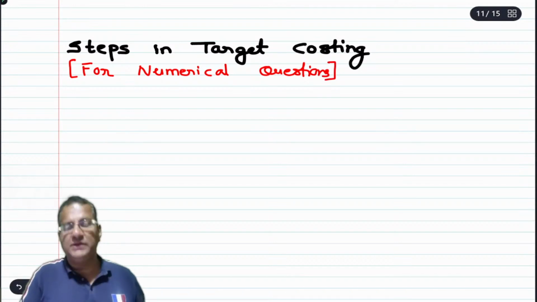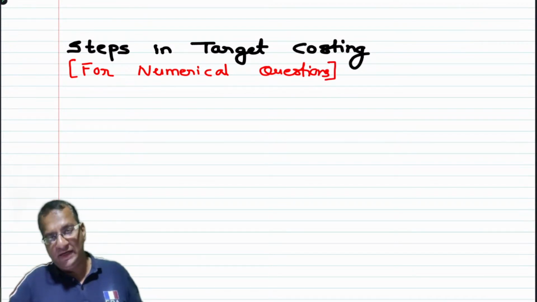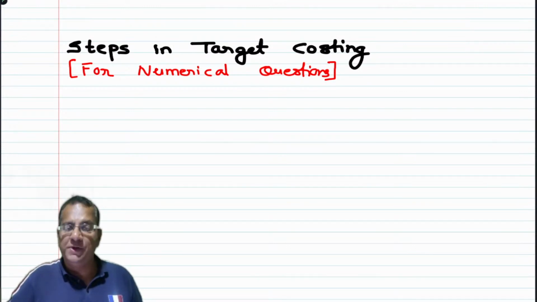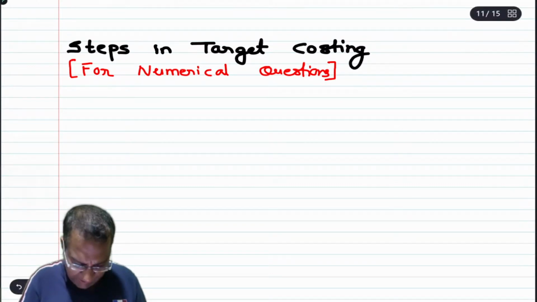Theoretically, the very first step is going to the market, reaching out to the target customer and finding out their requirement. This is the theoretical point, but practically this point is not at all required to solve the numerical question. So we are writing the steps in target costing for numerical based questions. Okay, so the step 1 is